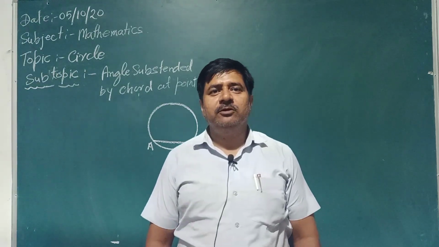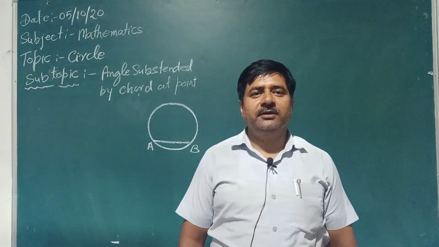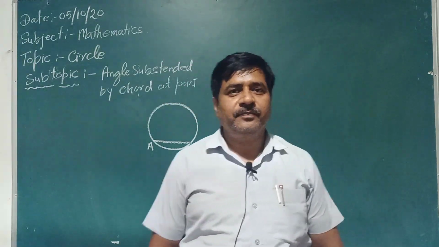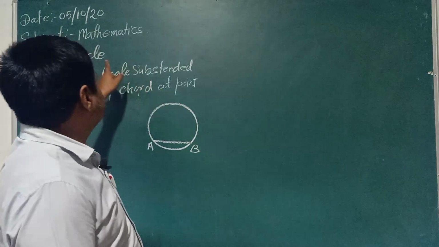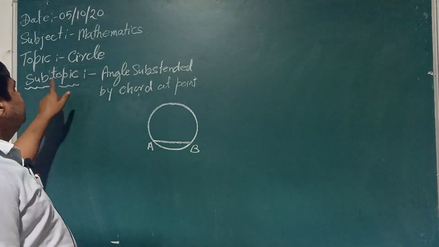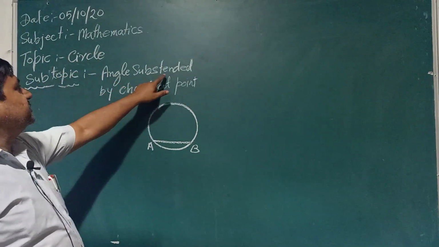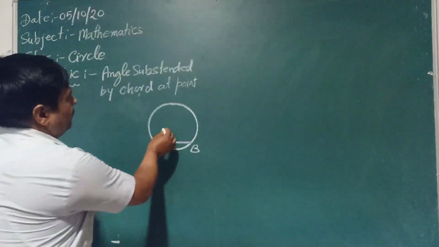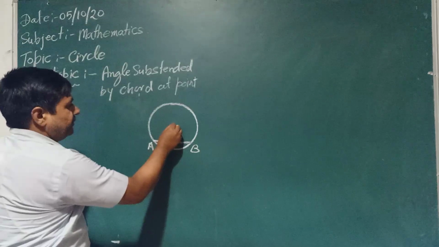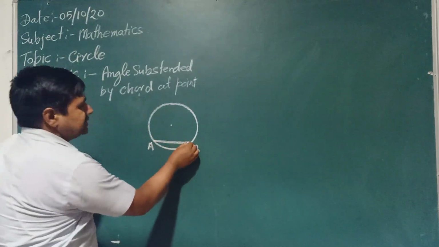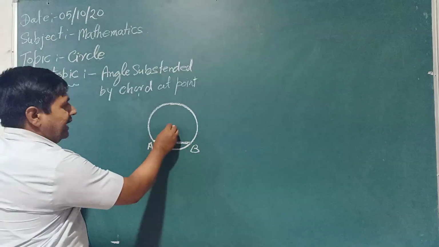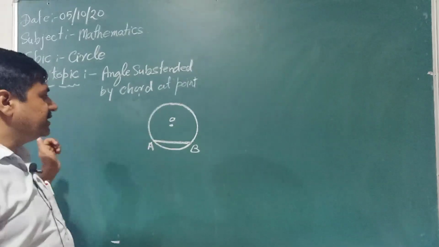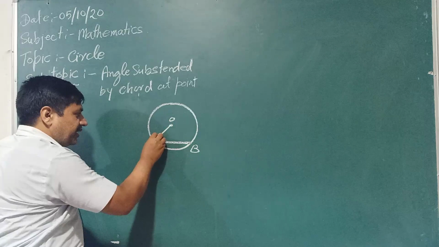Good morning, students. Today I will teach you a topic in circle mathematics, and this subtopic is the angle subtended by a chord at a point. So now first we draw a circle, and AB is a chord, and there is a point O. This is the center of the circle, and join AO